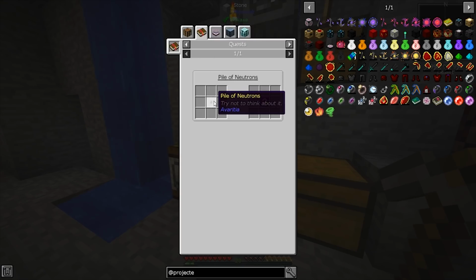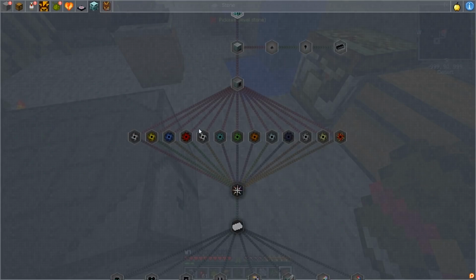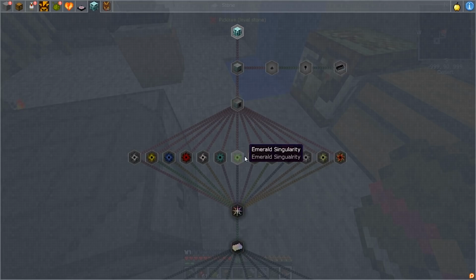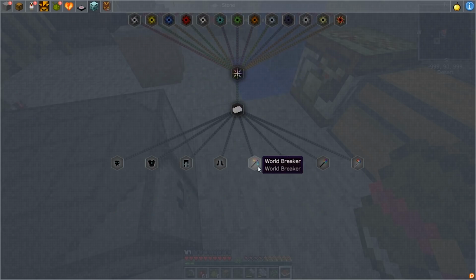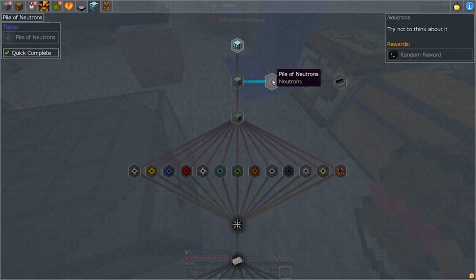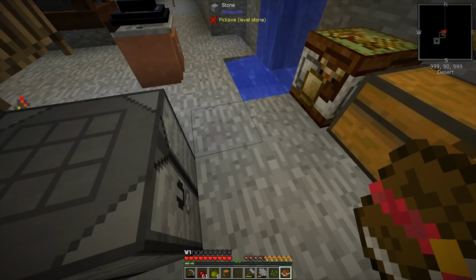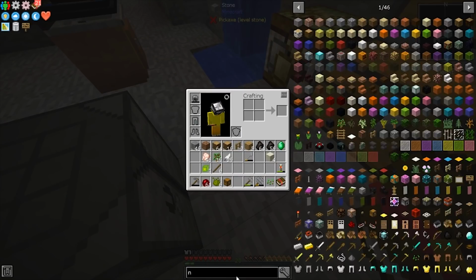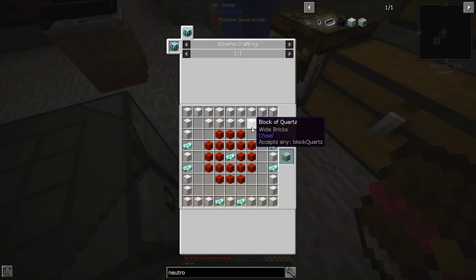I don't understand! Hold on, I need to go find out where pile of neutrons is. Is this here? Yes, it's here. Oh my lord. Do I even want infinity? The second you see something called World Breaker, sort of, yeah, okay. Planet Eater? Yeah, that's... Yep. I have a feeling that we are going to be... Do I even want to know? Do I even want to look at a neutron collector? What is... Oh my...